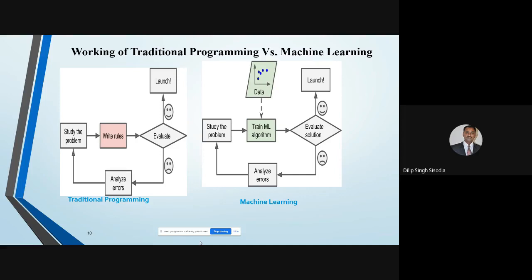Obviously some pre-processing is required, and now this data will be used to train the machine learning algorithm, and now our model will be prepared. When a new email comes, it will automatically extract certain keywords from that email and tell us whether it is a spam email or a ham. Okay, so this process is now automated.